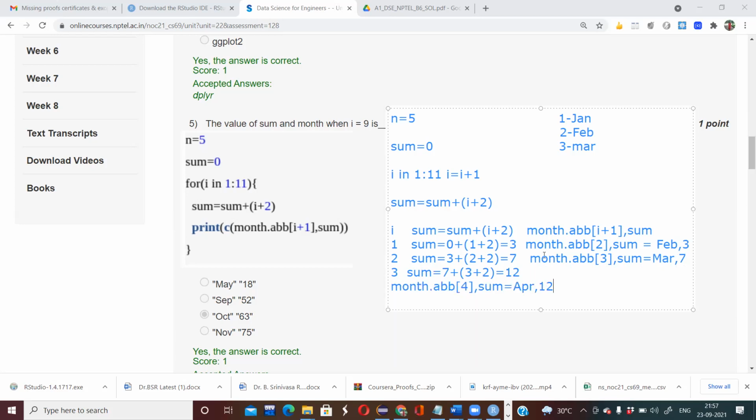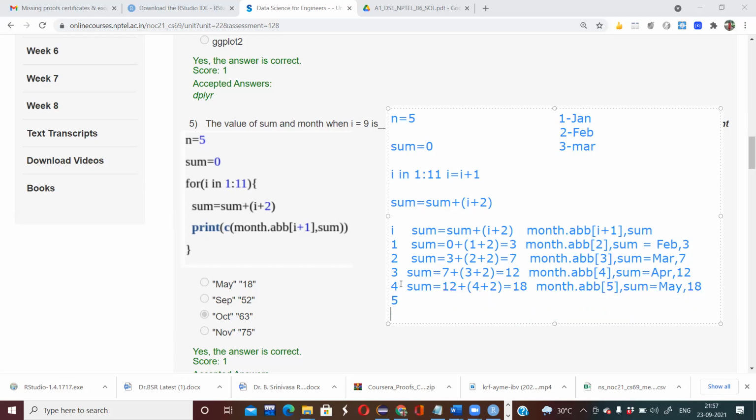Like that you have to calculate. For 4, sum will be 12 plus 4 plus 2, that will be 18. Month.abb of 5, comma, sum will be May, comma, 18.